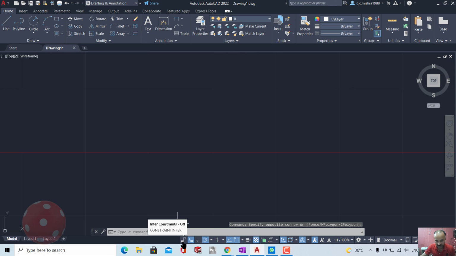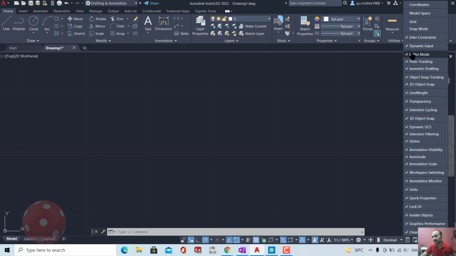This one is a flag type icon. Flag means you annotate something. Infer constraint should be turned off by default. So from here I have turned it off, and I will hide this infer constraint. It means infer constraint should be disabled from here permanently. When I come back and start turning on these icons, I will also skip the infer constraint. Infer constraint is not required for the beginner.